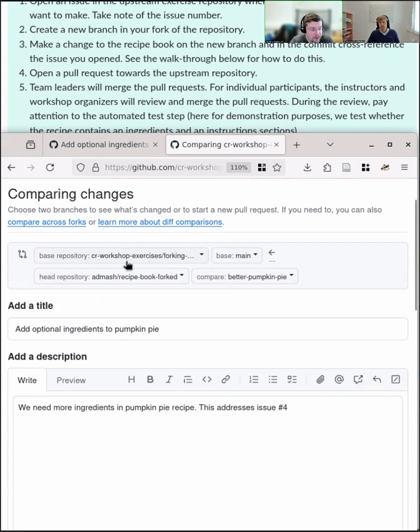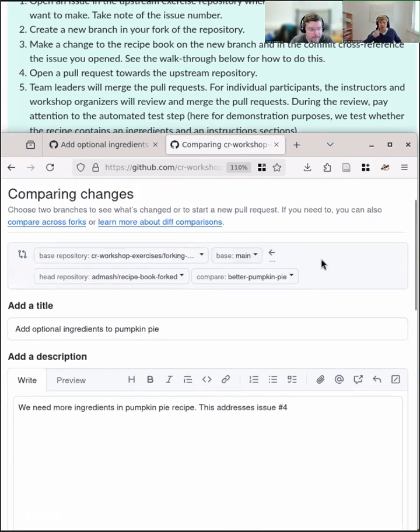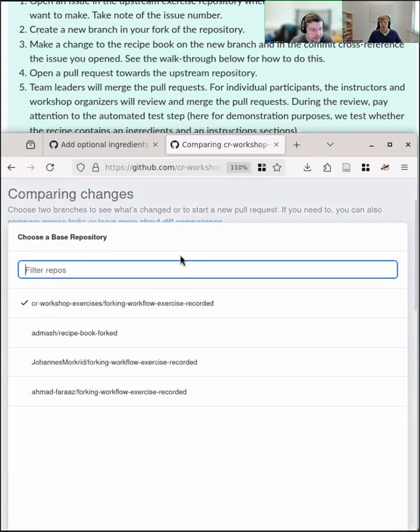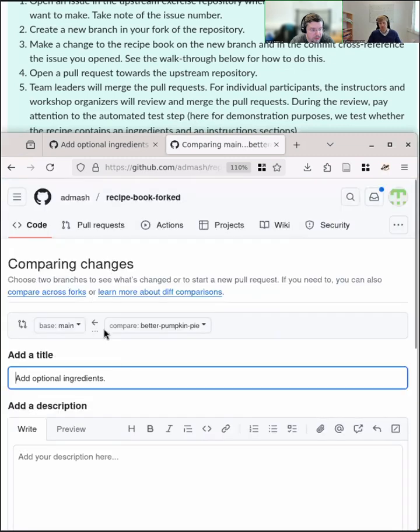In a different repository, which we can see the difference there. Yeah, so you can see here the base repository and the head repository are different. That is to make sure that we are contributing into the original one and not accidentally into our own main branch. So we wouldn't want it to be this because that wouldn't be much of a change.